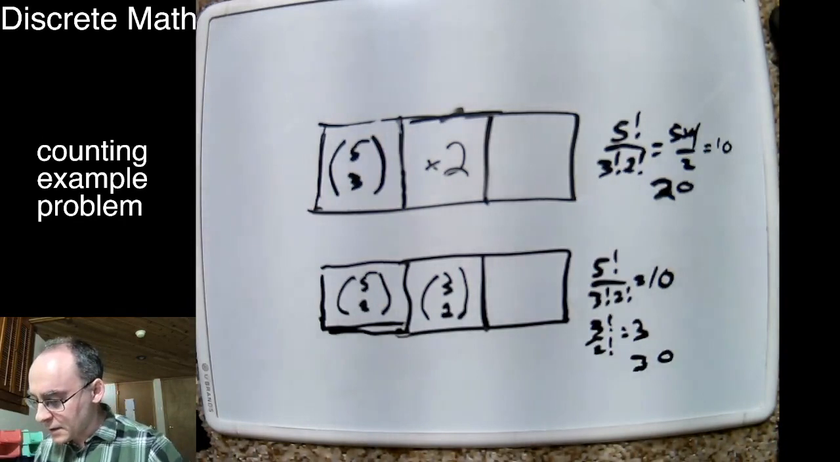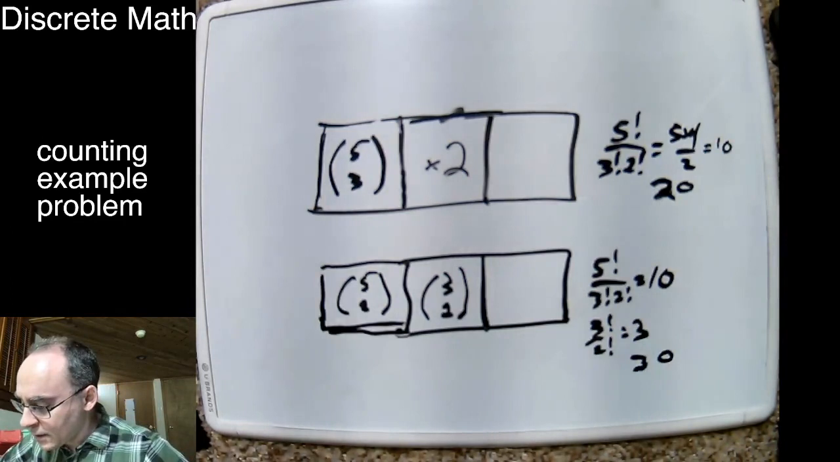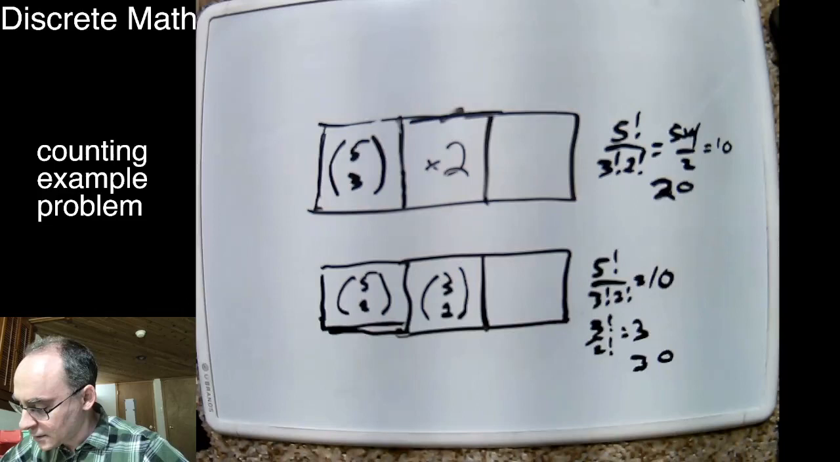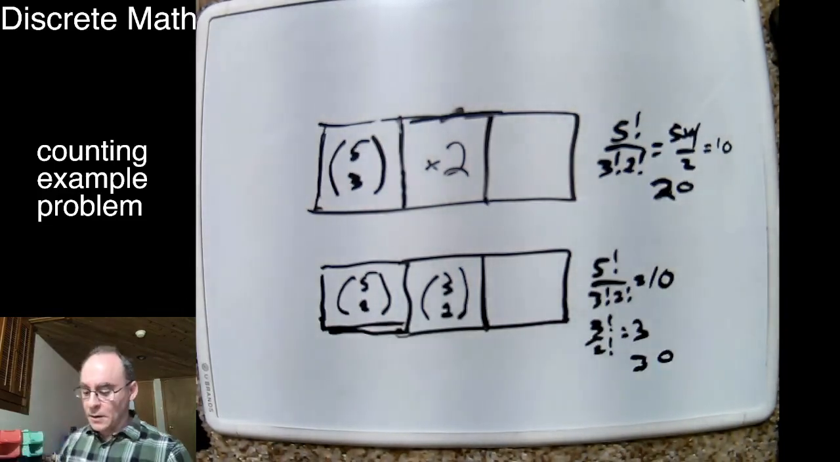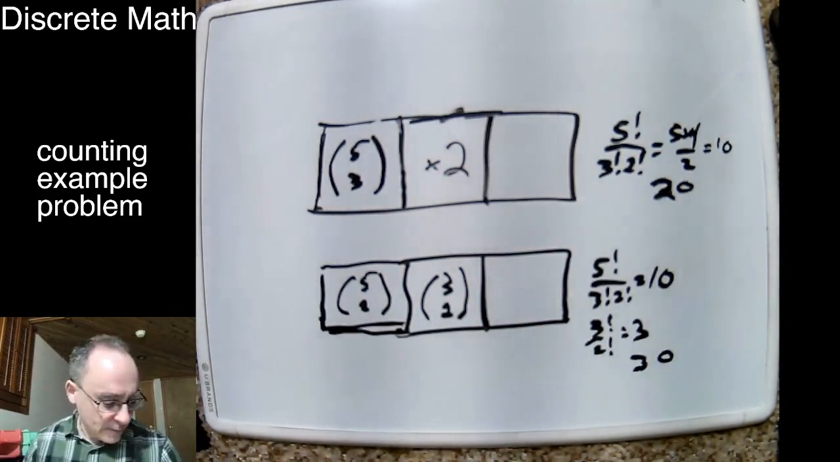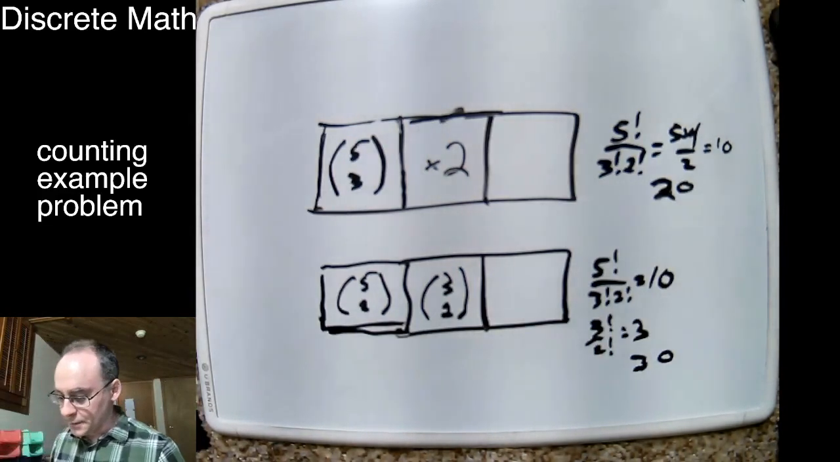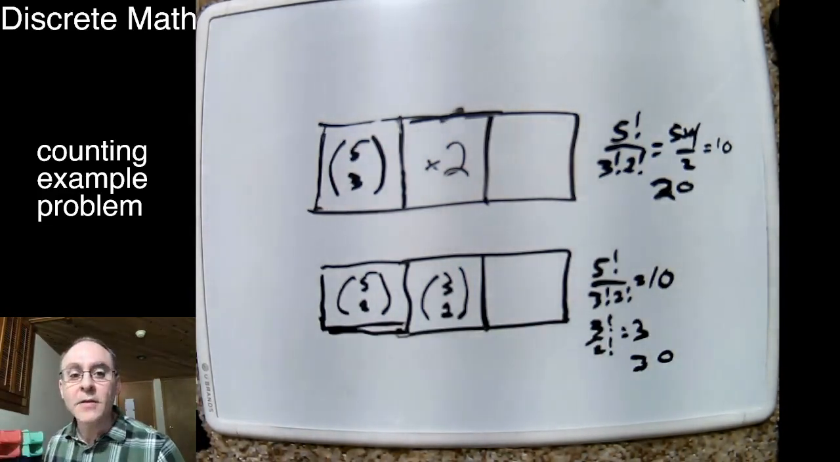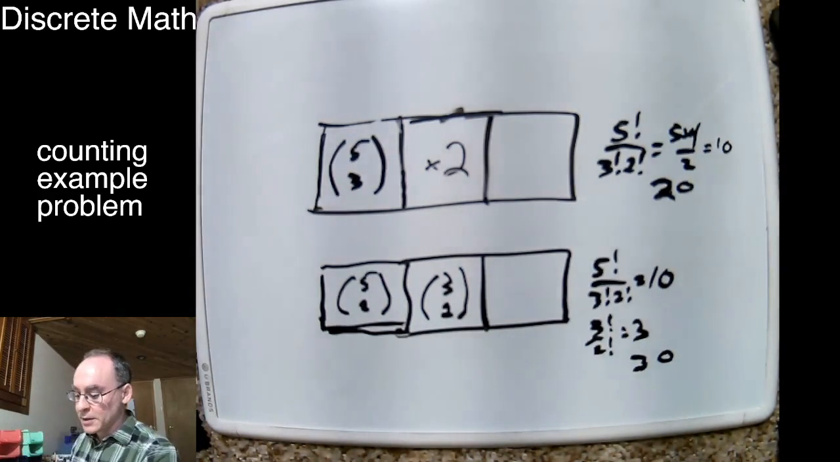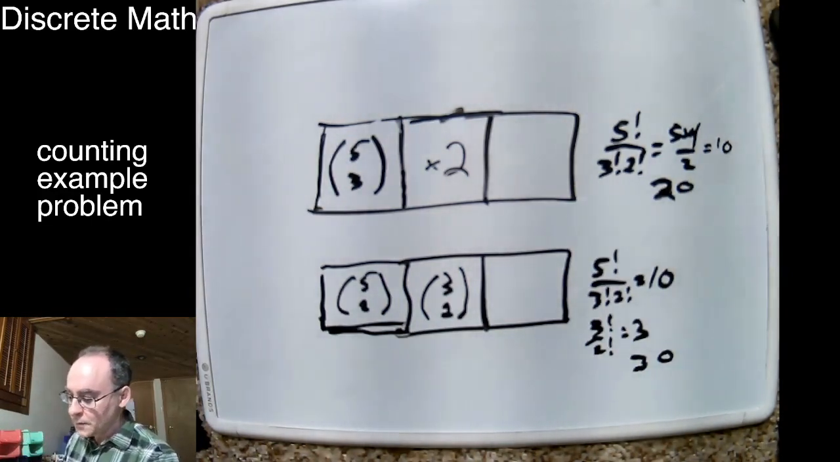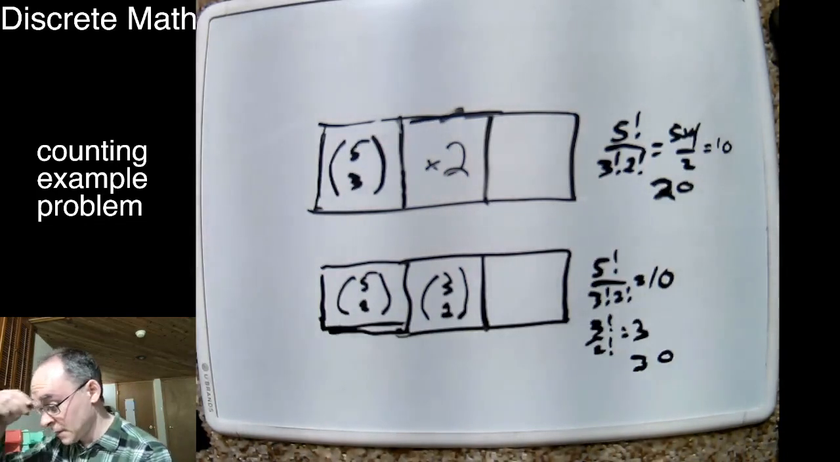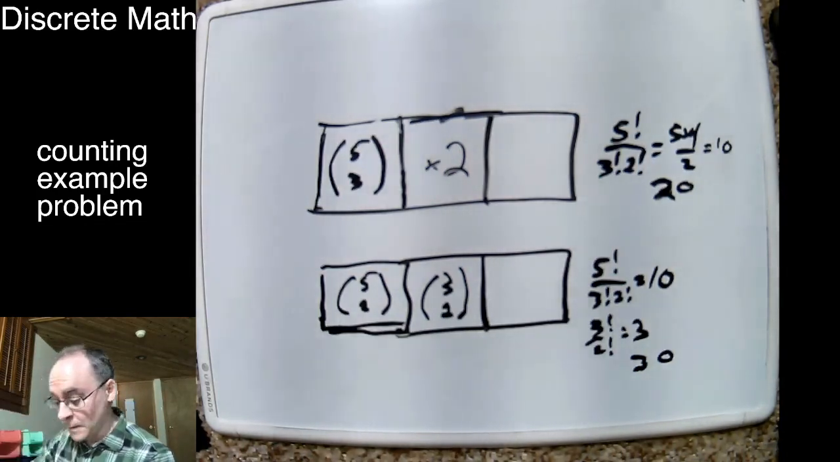I have to think about whether I'm looking at distinguishable boxes or not, because the answer to none of these is 50. So now I've got to think about, do I care about the boxes or not? So for example, if I care about